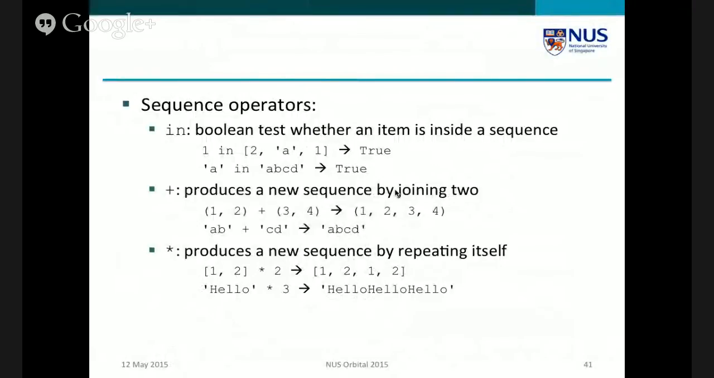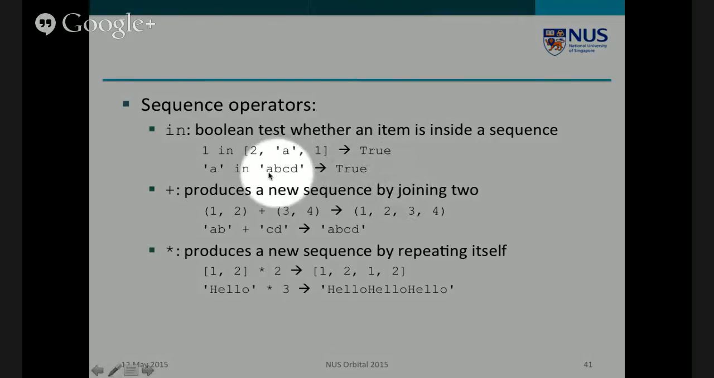Okay. With any sequence, you can do certain types of operators, right? So you can do a Boolean test for whether an element exists in a string. For example, here, in the string A, B, C, D, is there an A? Okay, true. You can add two sequences together, and that produces a new sequence. So when I add a string to another string, I get a new string. I can multiply a string by a number. That tells me how many times I'm going to create a new sequence as a result of repeating the old